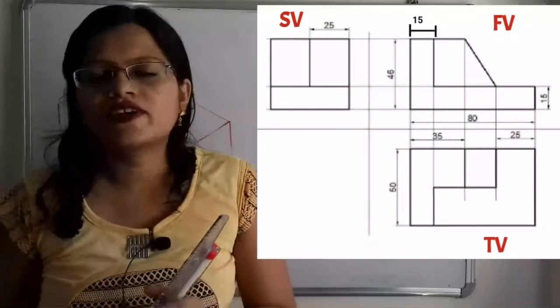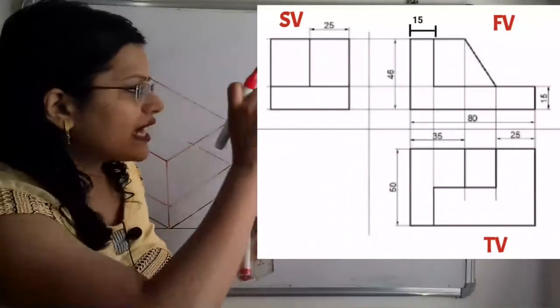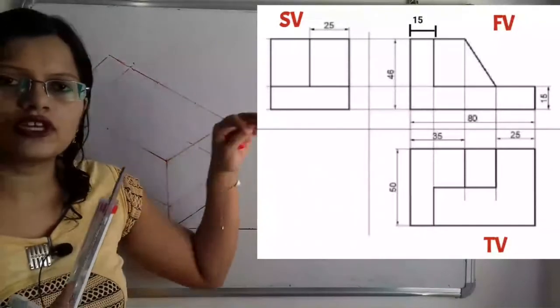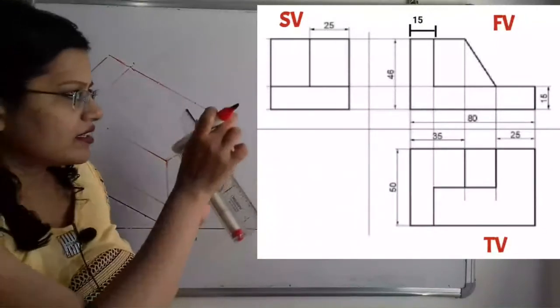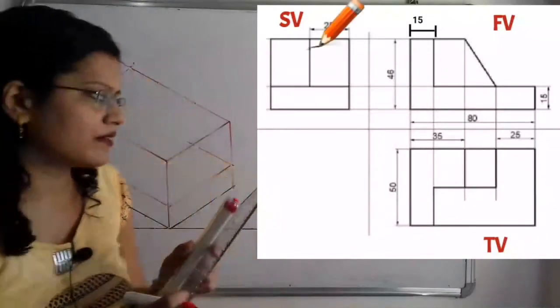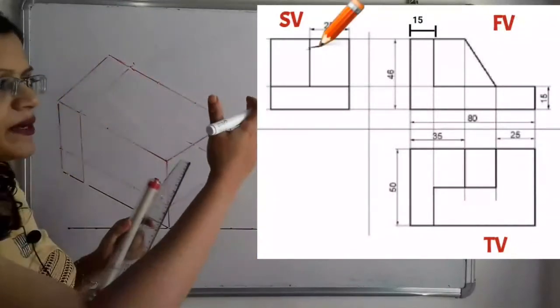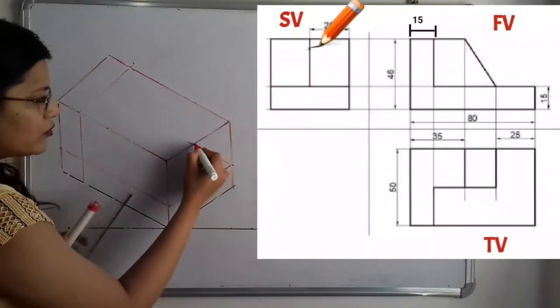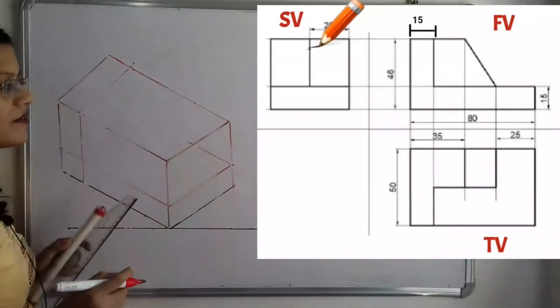But what is the width? So in the top view, that width is not given, but a projection from the top view to the side view is done, and in the side view the width is given. So this width is 25 millimeter. So this 25 millimeter is given, that is on the right hand side. That means from this point to this point we have to select the 25 millimeter.